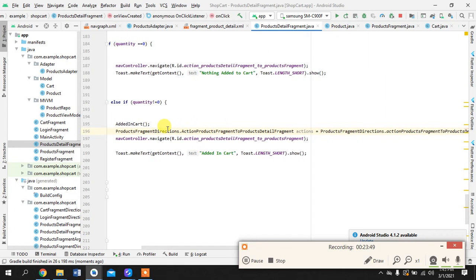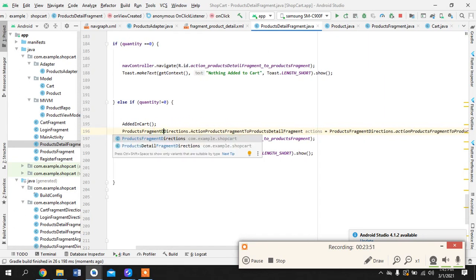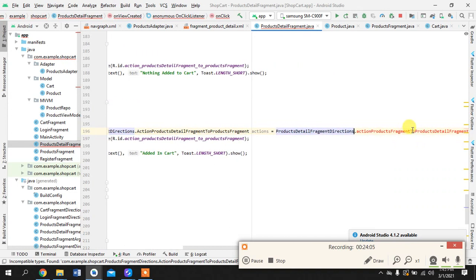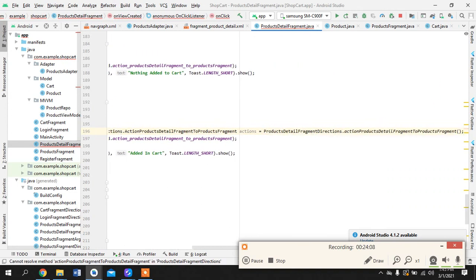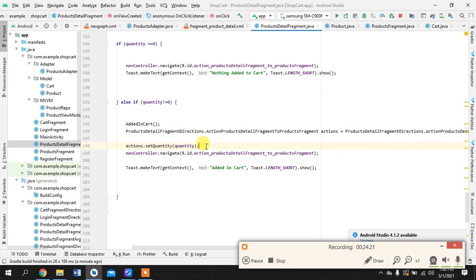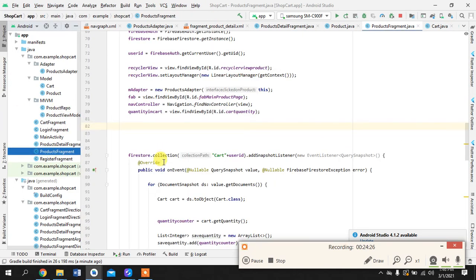Oh, it has to go product fragment detail and product detail fragment direction. Okay, action set quantity is this. So we will simply delete this and add actions and come back to our product fragment,